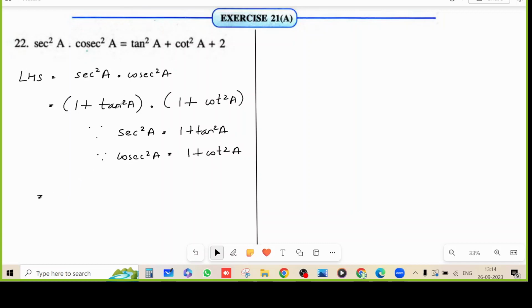Now both the brackets will get multiplied, so we will get the result as 1 plus tan square A plus cot square A plus tan square A into cot square A. Now we know that tan A and cot A are reciprocal of each other. They will cancel out each other here, and the answer would be 1. The reasoning is tan A